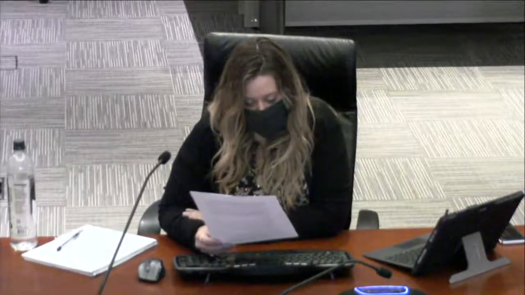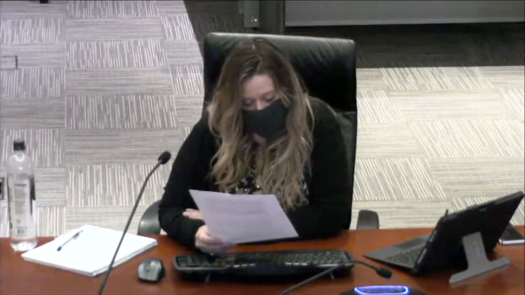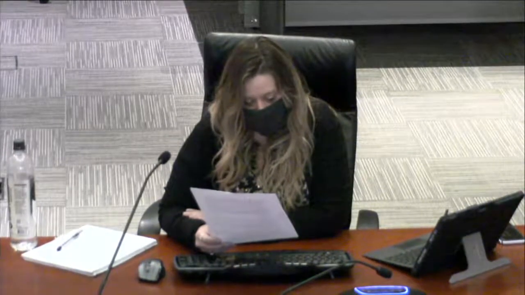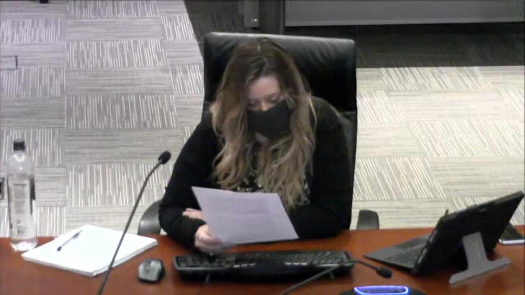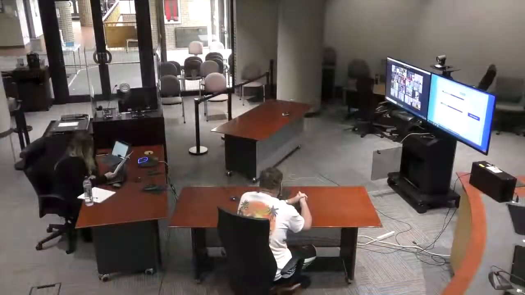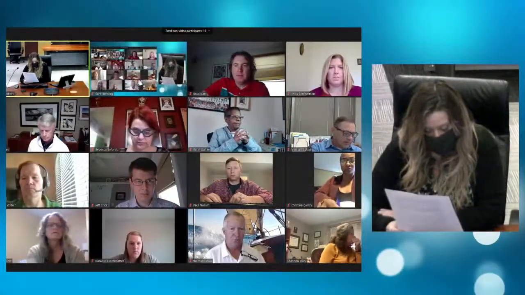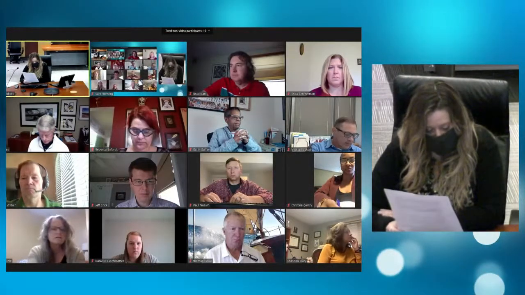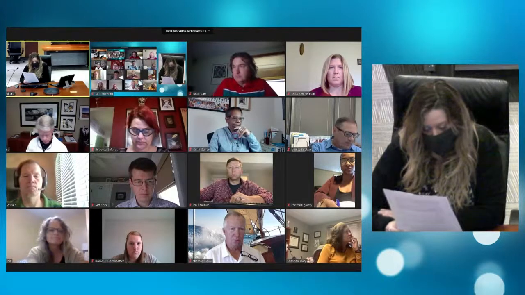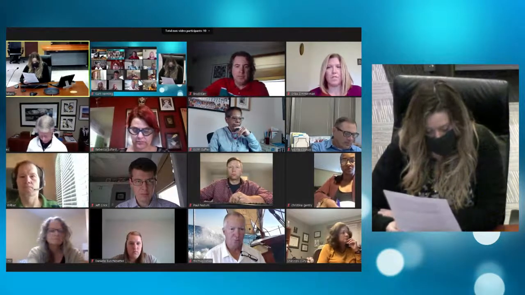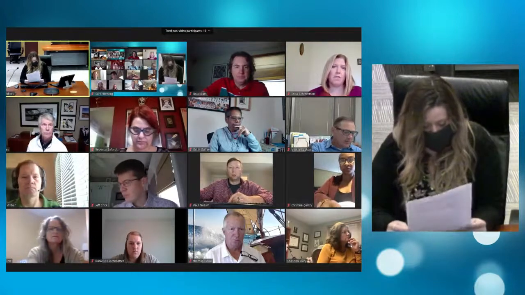For those using Zoom, somewhere on your screen you will see a choice to toggle between speaker and gallery view. Speaker view shows the active speaker. Gallery view tiles all of the meeting participants. Board members and city staff members, you must state your name and title each time you speak. All motions will need to be stated clearly. After a motion is made and seconded, the chair will call on board members individually to provide their vote. Mr. Chair, you will then need to announce whether the motion carried and the count of the vote.